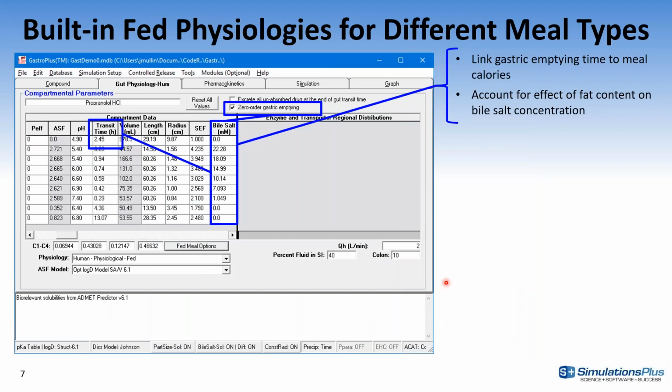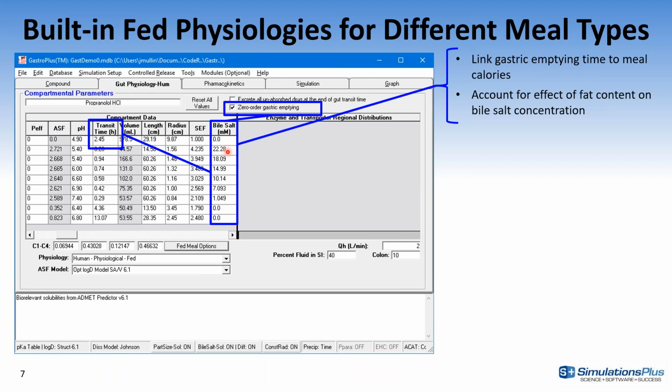The other long discussed and requested feature that we've included in this version is more detailed description of the fat conditions. For those of you who have been using GastroPlus for some time, you know that the fat physiology, we had one sort of standard fat physiology with stomach transit time about 1 hour, and the bile salt concentration in duodenum getting up to about 15 millimoles.